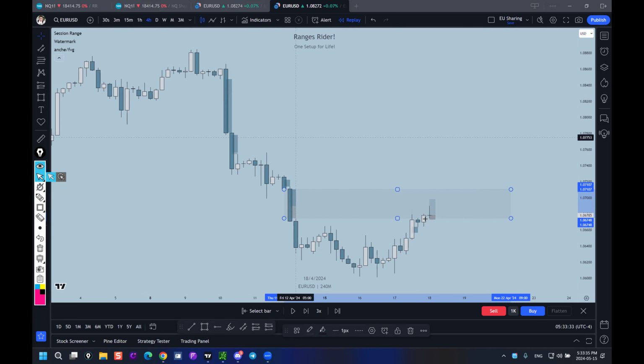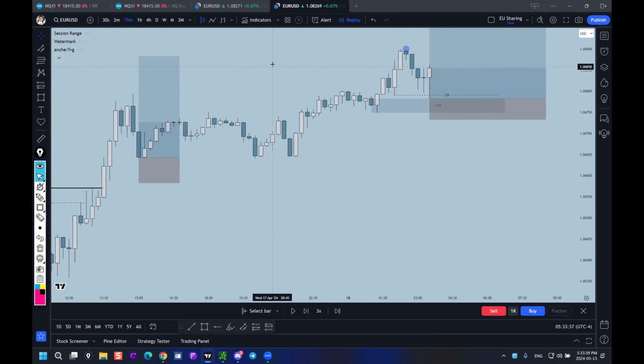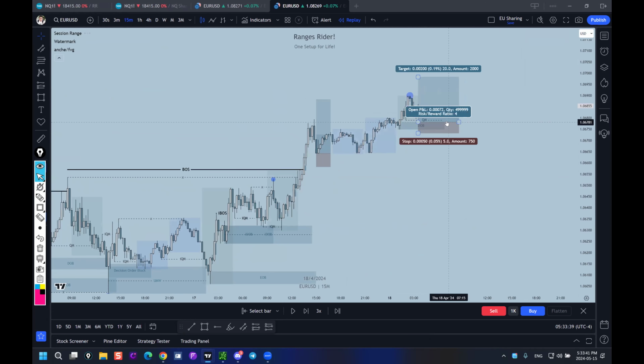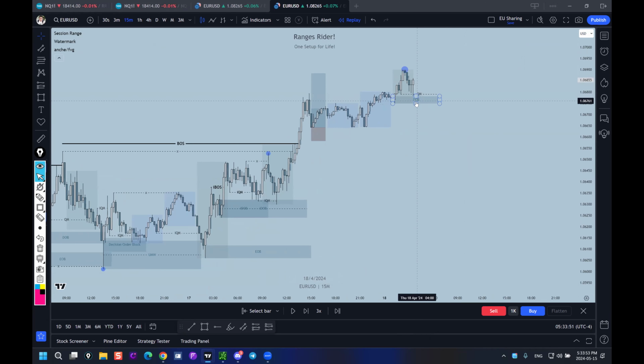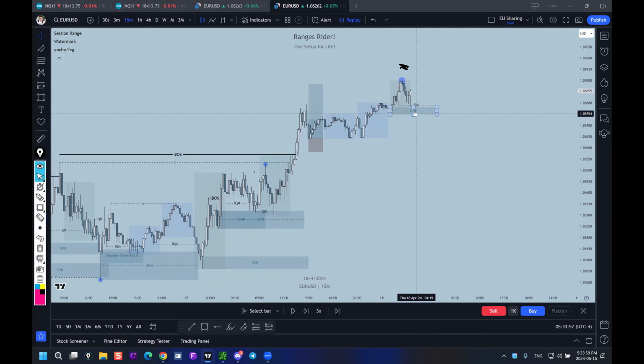Exactly. You are right. But because we are just talking about the process, I'm not going long here. That's why I went on the higher time frame. We are going to take the internal range liquidity, by the way. You understand? So we are looking for long. You remember the rule. The rule is if we disrespect